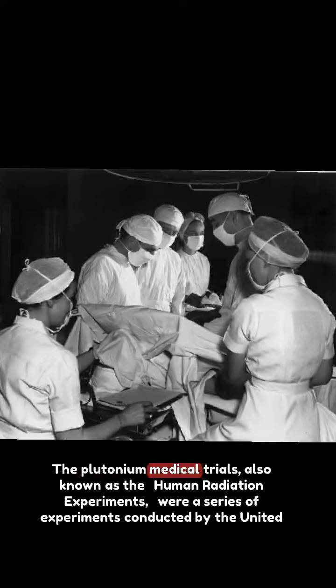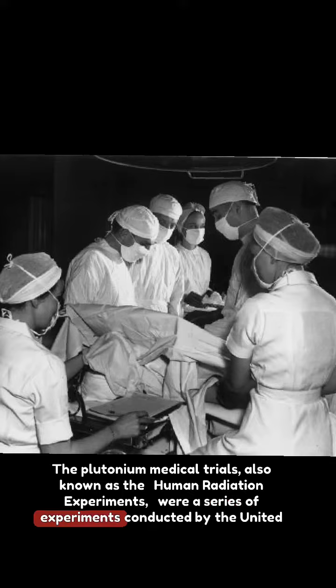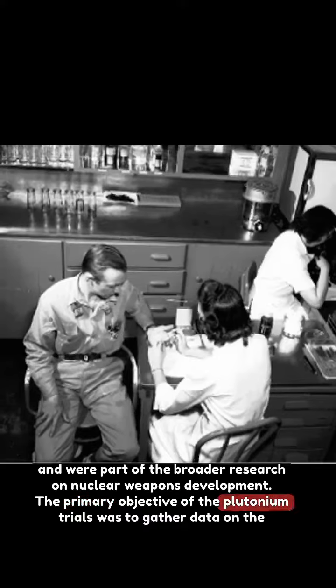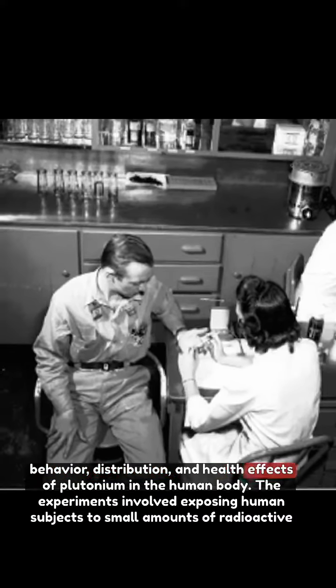The plutonium medical trials, also known as the human radiation experiments, were a series of experiments conducted by the United States government during the Cold War era to study the effects of plutonium on the human body. These experiments took place between the 1940s and 1970s and were part of the broader research on nuclear weapons development. The primary objective of the plutonium trials was to gather data on the behavior, distribution, and health effects of plutonium